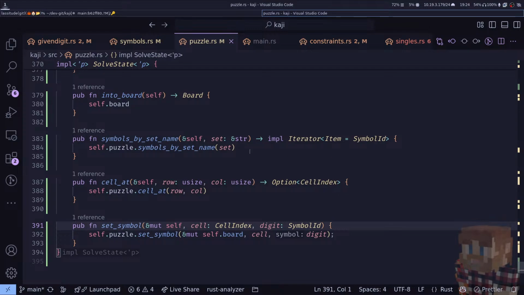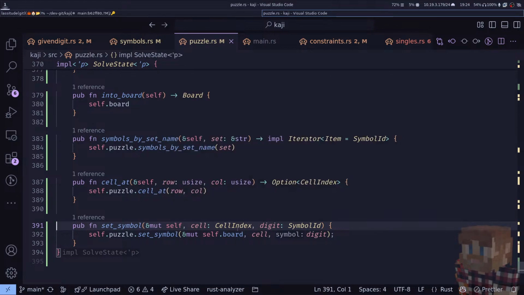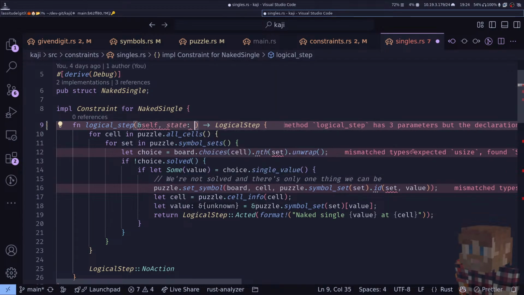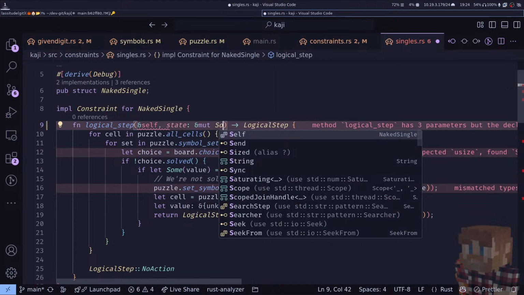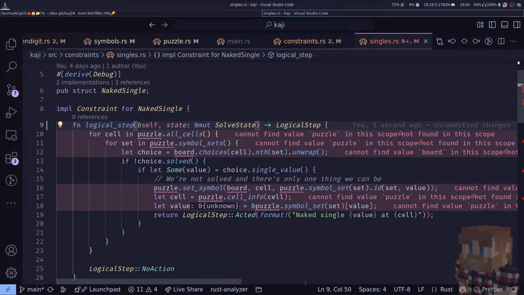And interestingly, it's taking a name, it's returning symbol IDs, it's taking rows and columns, it's returning cell indexes, and it's taking cell indexes and symbol IDs. So none of that is dealing in raw objects. So that's good. Single. That is going to take a state, which is a borrow mute solve state. And now we have, once again, a whole bunch of stuff that we have to forward. So step one is,